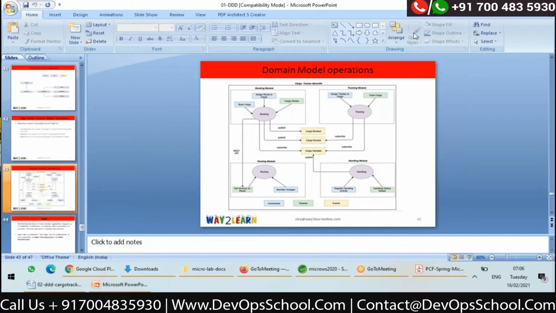Based on business activities or business requirements, you will have to decompose your monolith into microservices. This tells how to identify the aggregates, all these things.